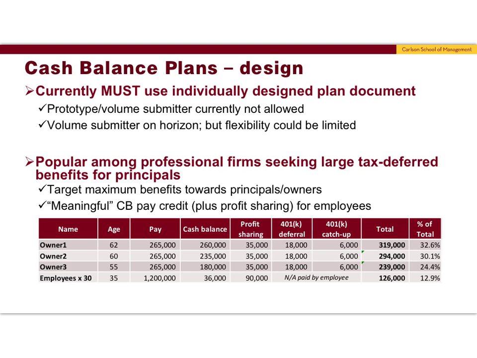Let's take a look at a sample plan design in the table below and review the numbers from left to right. In this example, the firm has 3 owners between the ages of 55 and 62, which means that they are later in their working careers. There are also 30 employees who are substantially younger than the owners. This age differential becomes important when the plan design is tested under the non-discrimination testing rules. Those testing rules allow older participants to receive larger benefits than younger participants because the older employees have less time to accumulate a retirement savings account.